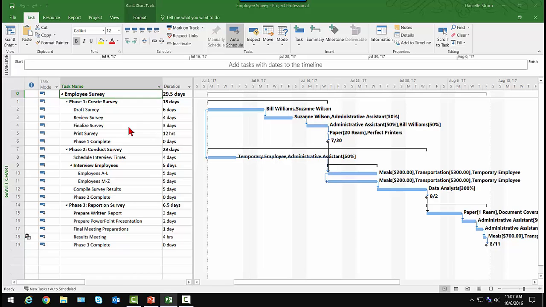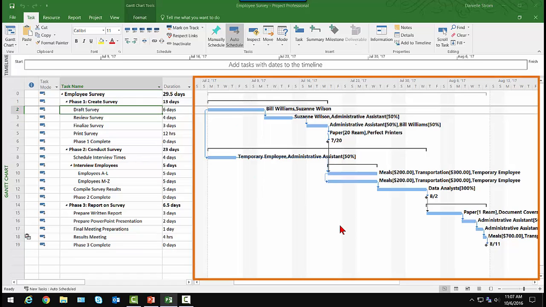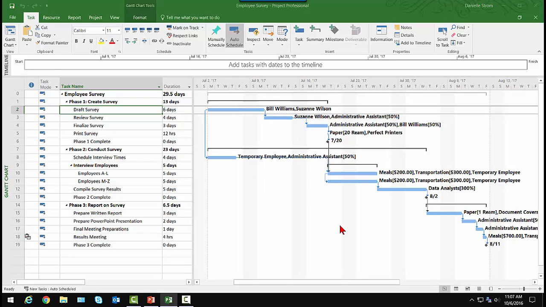So the idea of the timeline is that when you add tasks to the task list, you set in their durations, sequence them so that the dates are correct, you get a Gantt chart. The Gantt chart is the standard diagram view of a project. The Gantt chart, however, is made for project managers. So this project is fairly simple, and even at that, the Gantt chart could be perceived as a little bit